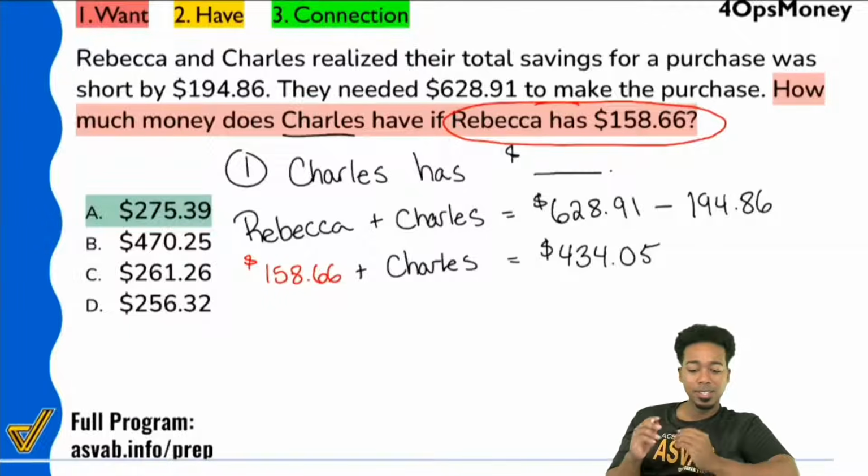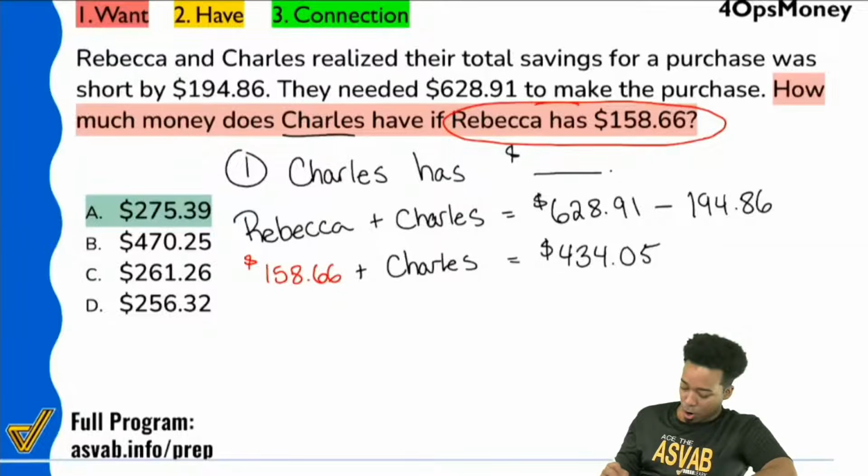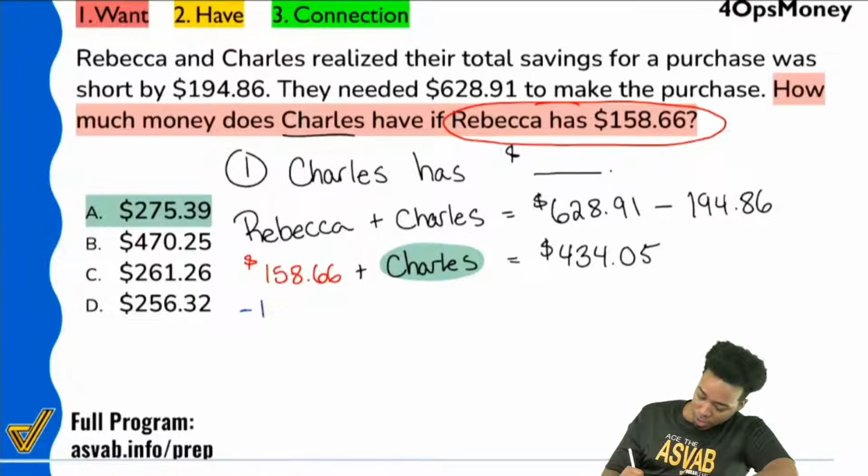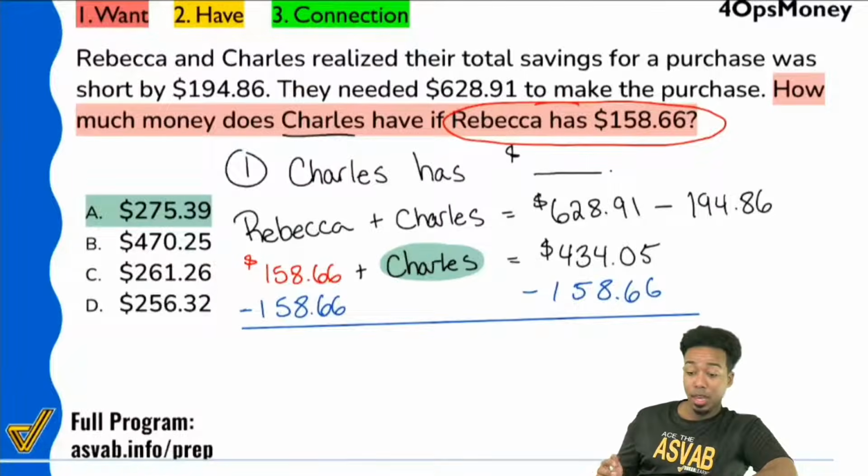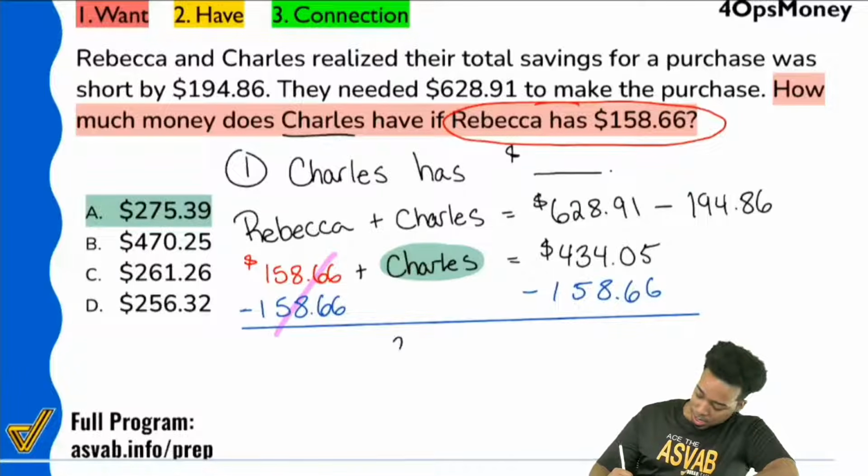Right. We want to get rid of everything around Charles. We want to get Charles by himself. So what I'm going to do is take away what's around Charles, take this away from both sides. Boom. And once we take care of this, that's gone. And we see that Charles